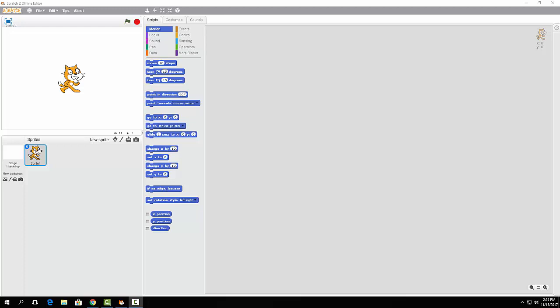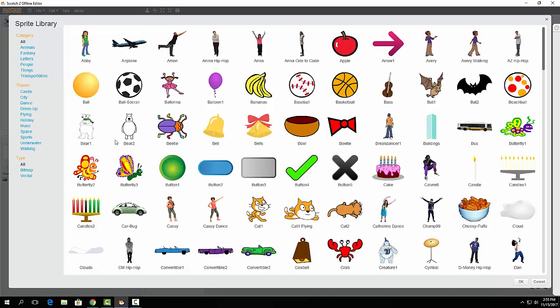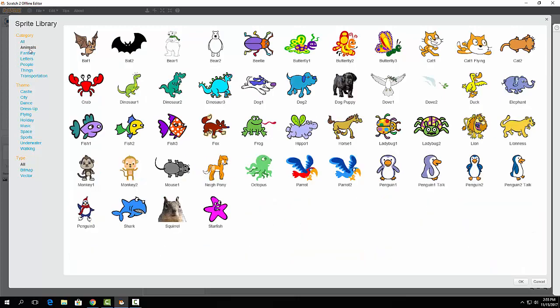So the first thing I want to show you is how we would add a sprite. If we come over here, it says New Sprite. So we're going to select this, choose a sprite from library. Once I've made that selection, there's all kinds of categories of sprites. So I'm just going to select animals, and I'm going to choose an animal. I think I'm going to do this penguin. So you'll see that the sprite that I've selected has a blue line around it, and then I can click